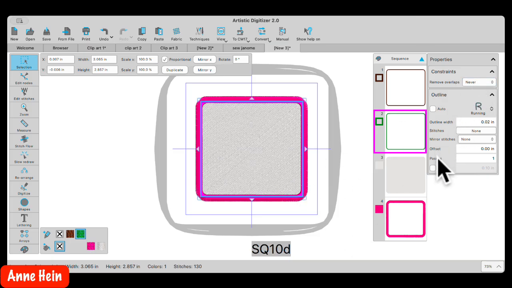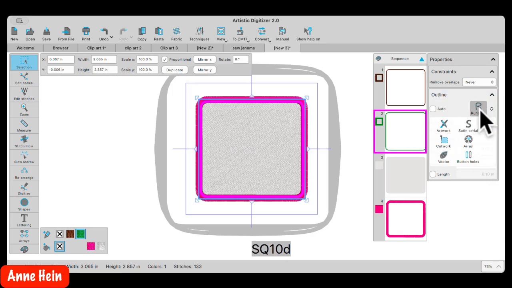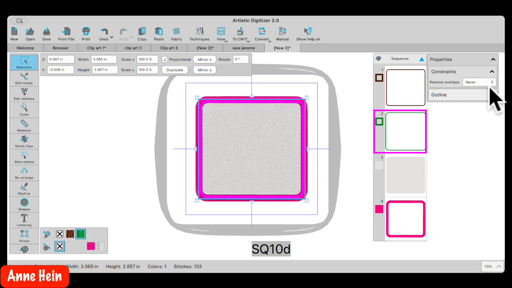So I'm going to use my offset here. And I think I want it at 0.07. So I'm just going to slide this up to there. And I'm going to go into running. And I'm going to choose, whoops, outline, and I want to pick a stitch,